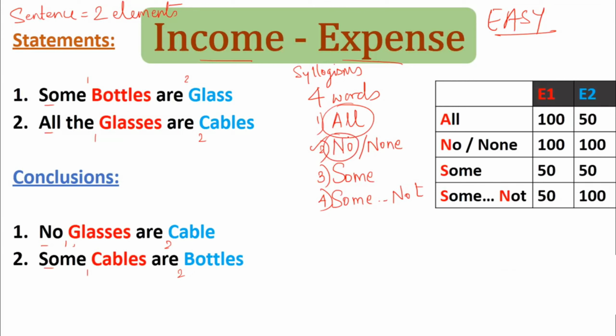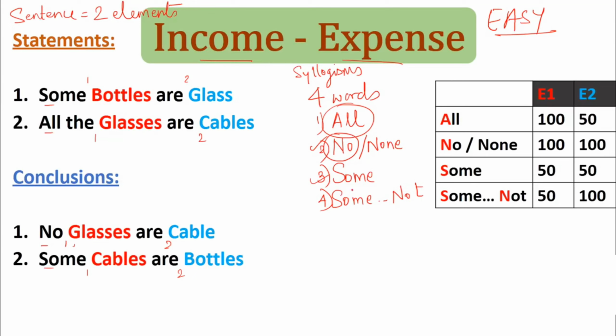Now, it is not possible that every time you take everything, or you take all of it. Sometimes something might fall from your hand, you will not be able to take everything. So at that time, what do we say? I just took some of it, or a few things I took. So some, or part of it. All is complete, everything; some is part of it. So some becomes the third word. Now for all we had an opposite, no. For some also we should have an opposite. We don't know what the opposite of some is.